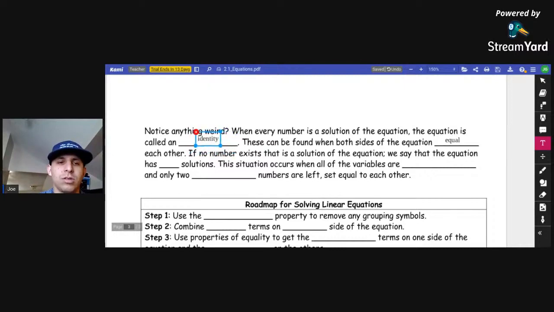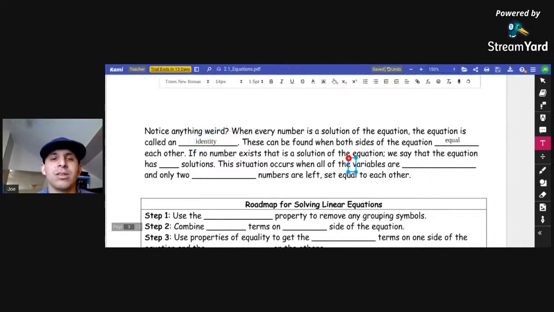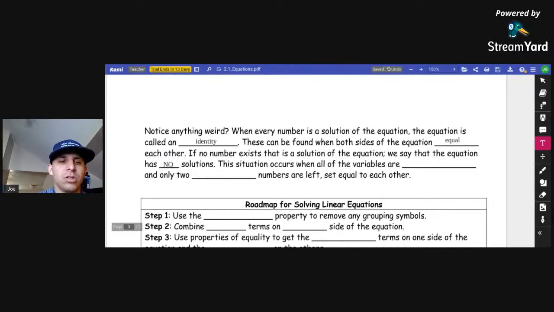There we go. Equal each other. If no number exists that is a solution of the equation, we say that the equation has, as I said before, no solutions. This situation occurs when all the variables are eliminated